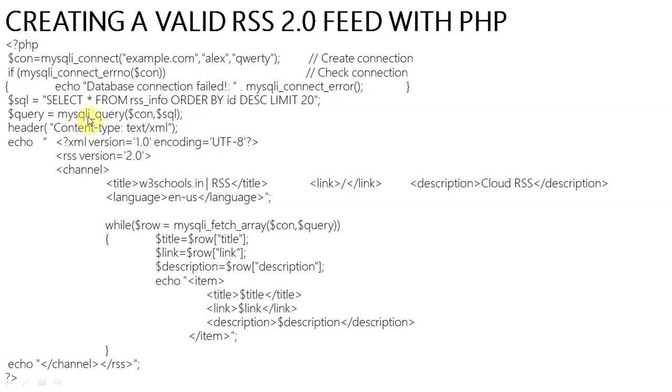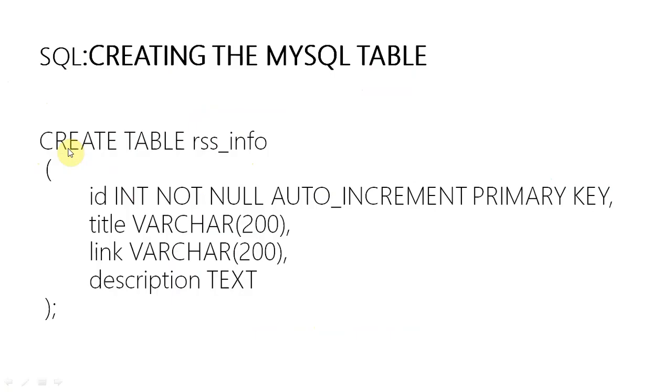We have mentioned here mysqli_query. So on this connection this query will be used. We have mentioned here the object of this function. This is the query reference, and now we are writing the HTML statement with this PHP statement. We are creating the XML file. So we have mentioned here content type text/html and echo <?xml version="1.0" encoding="UTF-8"?>. So here we are creating the same XML file.